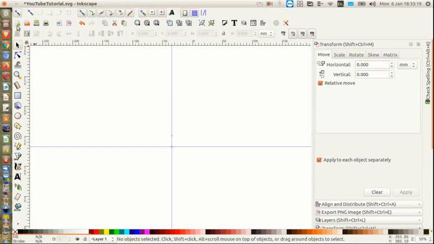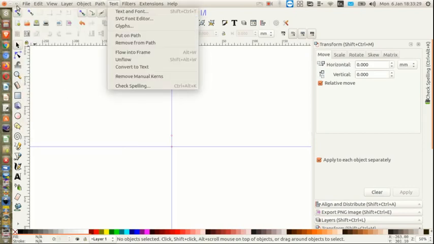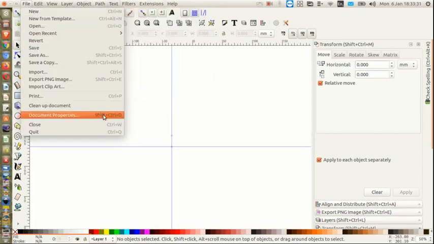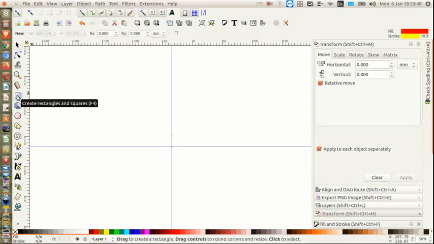Okay, I did forget to mention while I was talking about it, the keyboard shortcut for Document Properties is on the left of any menu item. So for Document Properties, it is hold down the Shift, hold down Control and press D, D for Delta, or D for Document. Okay, right, first thing I'm going to do is set up a rectangle,